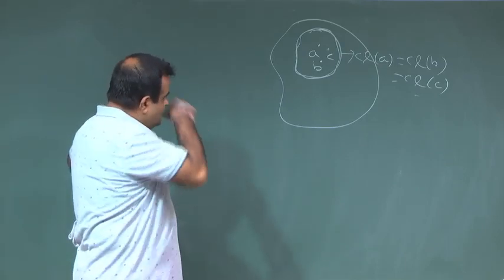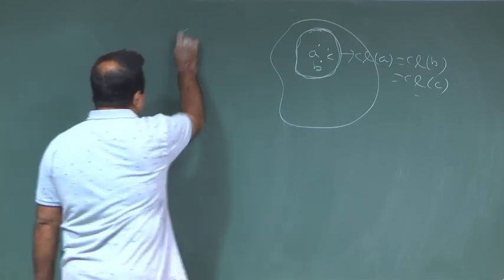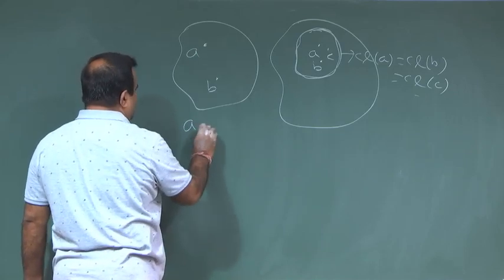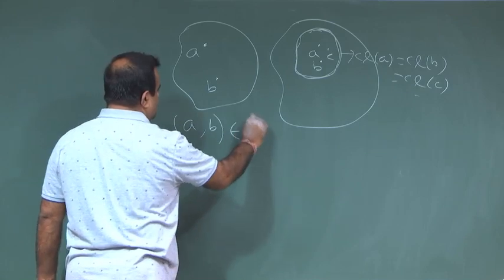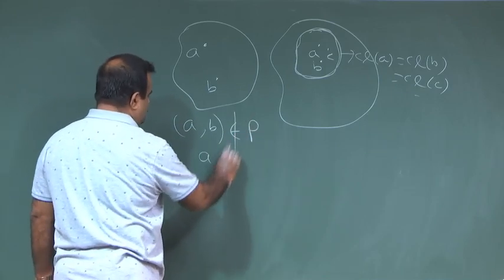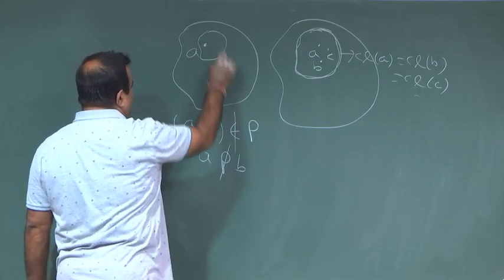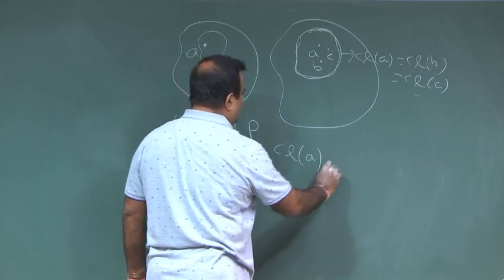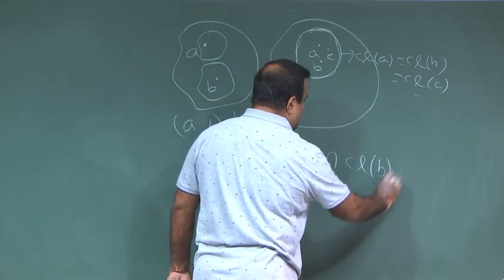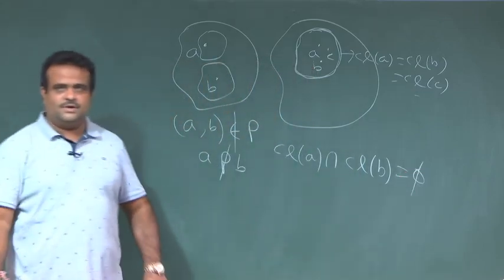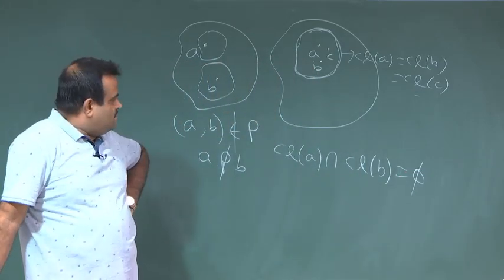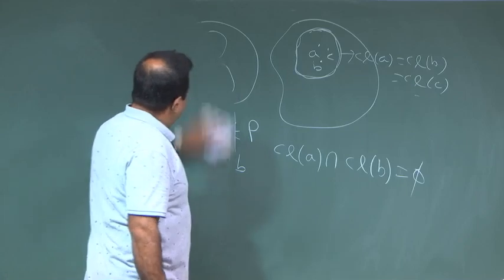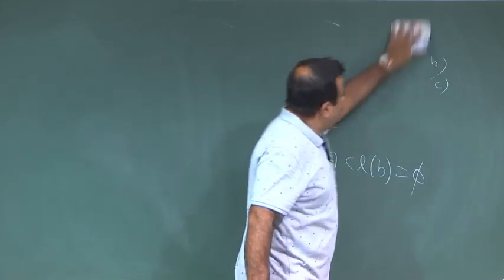Okay. So, now the other part. If we take two elements A, B which are not related, if (A, B) is not related, that means A is not related to B, then we have to show they cannot have a common element. Then we have to show this class of A and class of B is disjoint, they have no common element. So, this is the second part of the theorem. So, how to prove this? Let us try that by using the contradiction method.